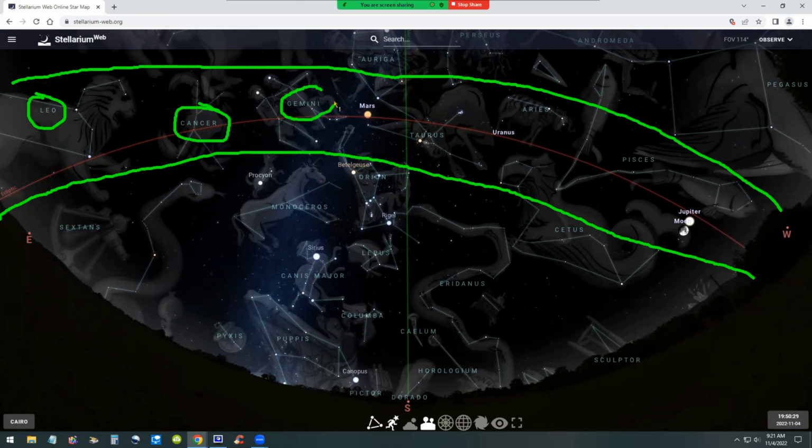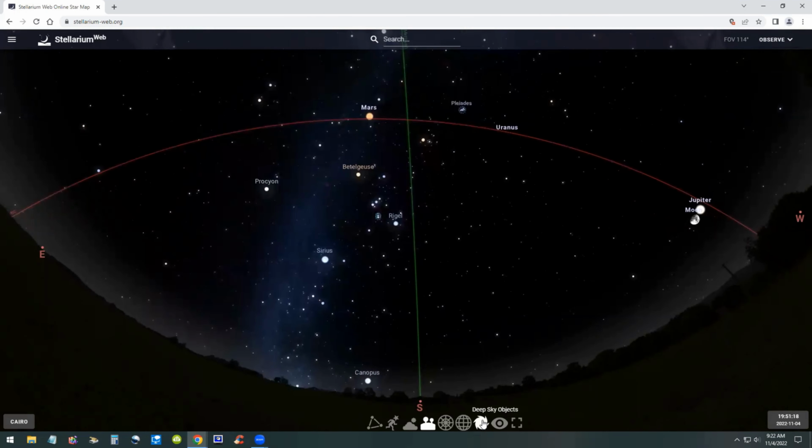These are only 12: Leo, Cancer, Gemini, Taurus, Aries, and Pisces aligned with the ecliptic. And you can search for the planets by their name. You can see already Mars, Uranus, Jupiter, the Moon, all here along the ecliptic.